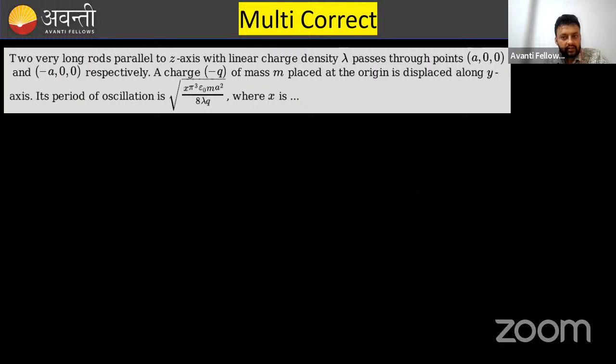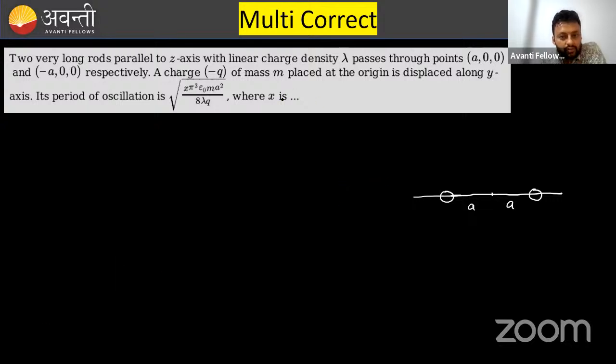Both the points are on the x-axis, so let's suppose this is our x-axis, and one rod passes through this point, another rod passes through this point. Let's suppose this is our origin. So one point is minus a, another point is plus a, so this is a, this is a. Charge density of both the rods is lambda, that means they are identical rods. Done. Now they are saying